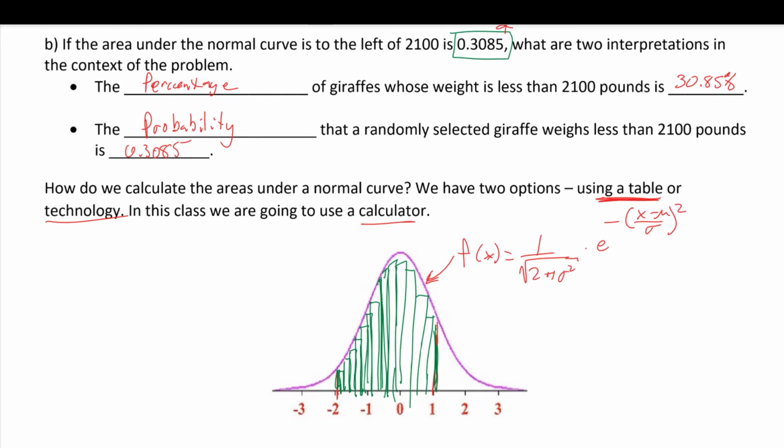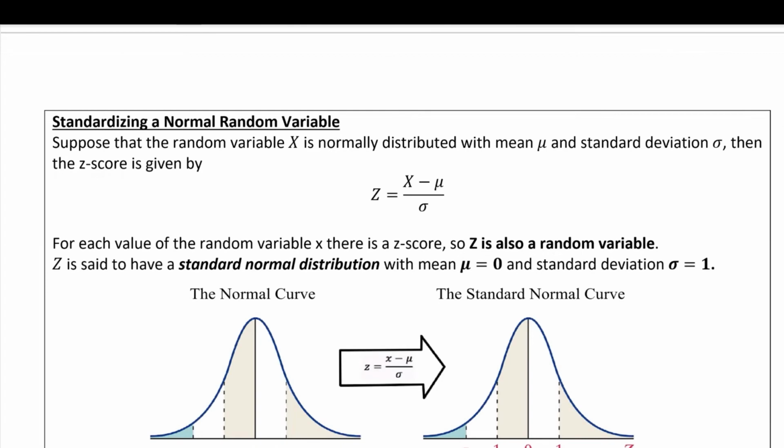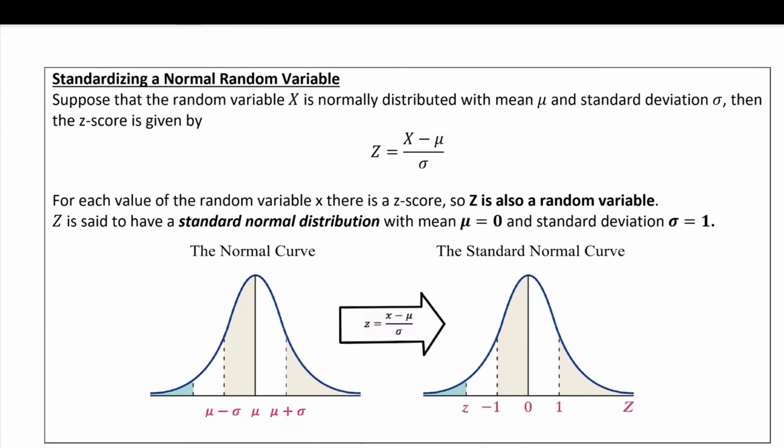What we're going to do is we're going to be able to specify a lower bound, an upper bound, the mean, the standard deviation, and our calculator is going to do the rest and calculate the areas for us, which is nice. Now this next part is somewhat of a history lesson, because in this case we're not going to be using the tables,